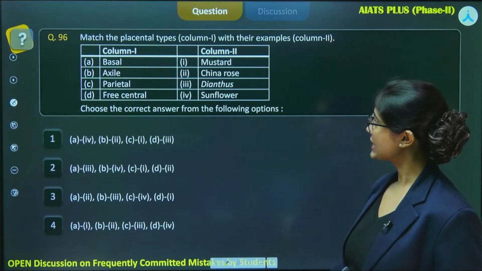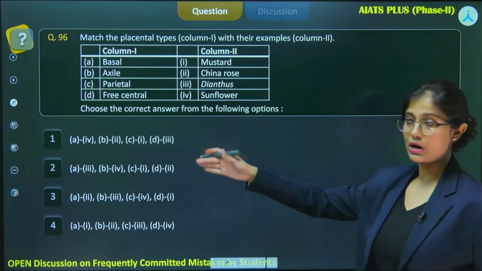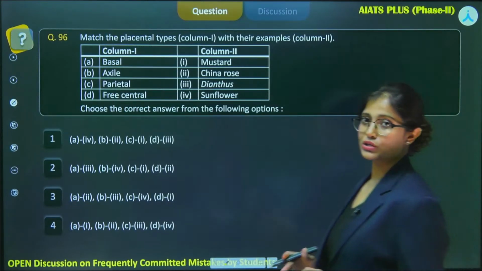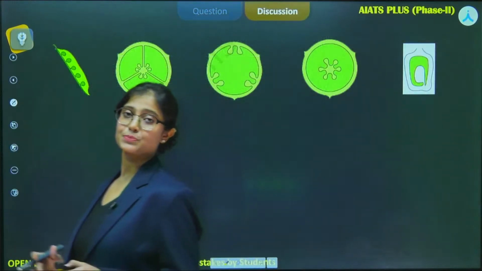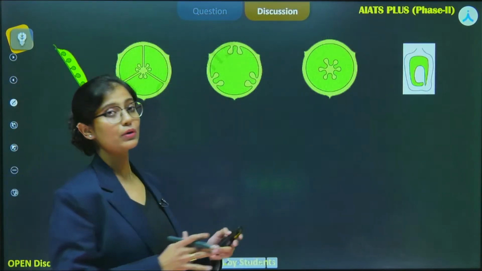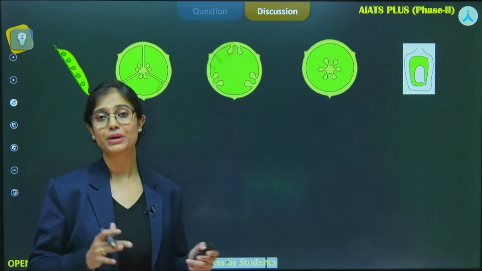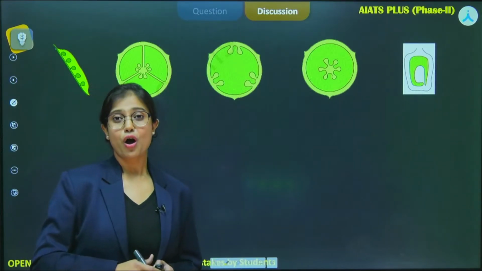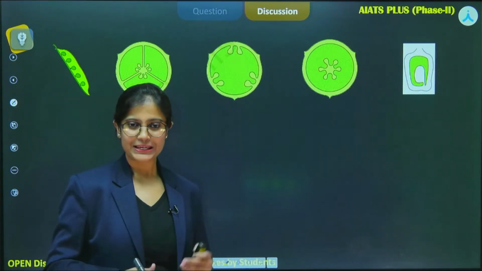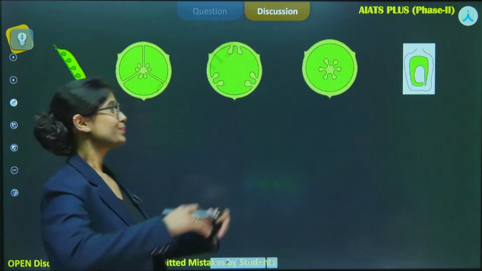Match the placentation types in column 1 with their examples in column 2. So what do you understand by placentation? It is basically the arrangement of ovules in the ovary. So if we talk about the gynoecium part, the female reproductive part of the flower,